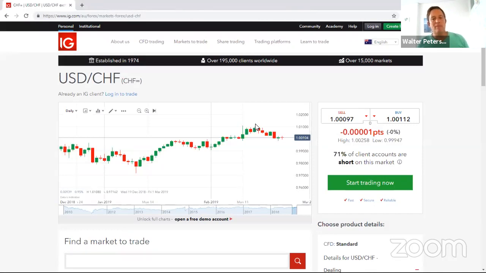So my rule of thumb is, if 70% plus of the retail traders are all in on one direction in the market, then what I'm looking to do is go in the other direction and trade the trend that way. So all of those trend trading strategies that I just shared with you, like the drop trade, the reverse drop trade, the Darvis box, I bring out those tools and use them only when I'm presented with a market like the Swissy here,